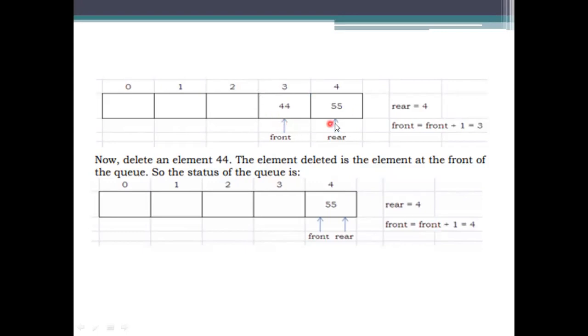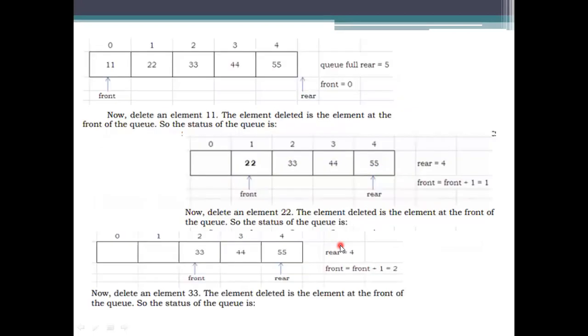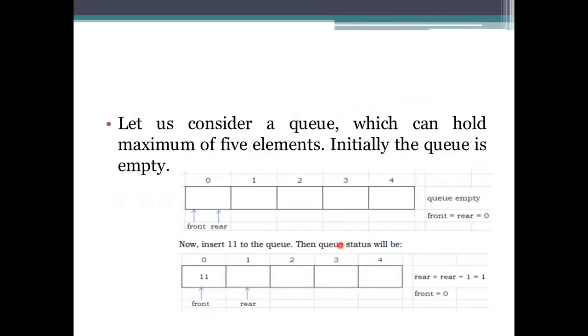Okay, so here the front value is 44. While deletion, it is updating the value, that is the value could be the 3, and then next the value could be the 4. So after deleting this value, what could be the answer here? It will reach the empty queue where we started the insertion of the element. So after deleting the element at the position 4, this element will be considered as an empty one.